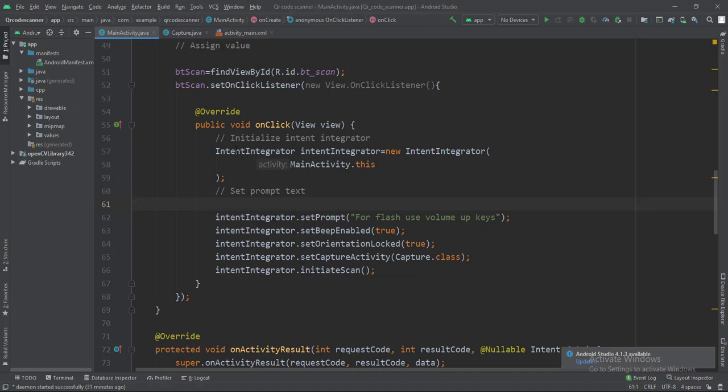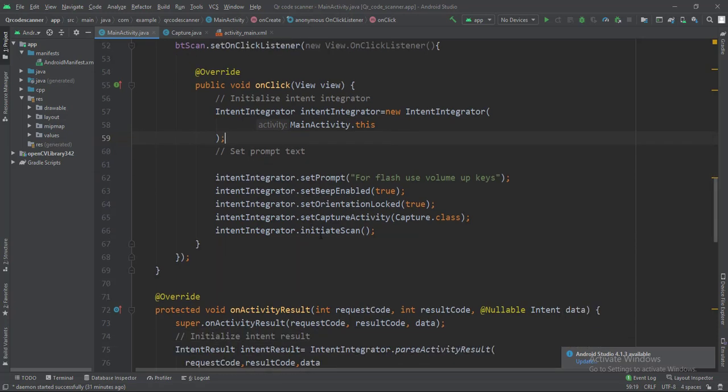Here we created an IntentIntegrator, and here we defined MainActivity this. By writing this code, we integrated the ZXing library with our Android application,